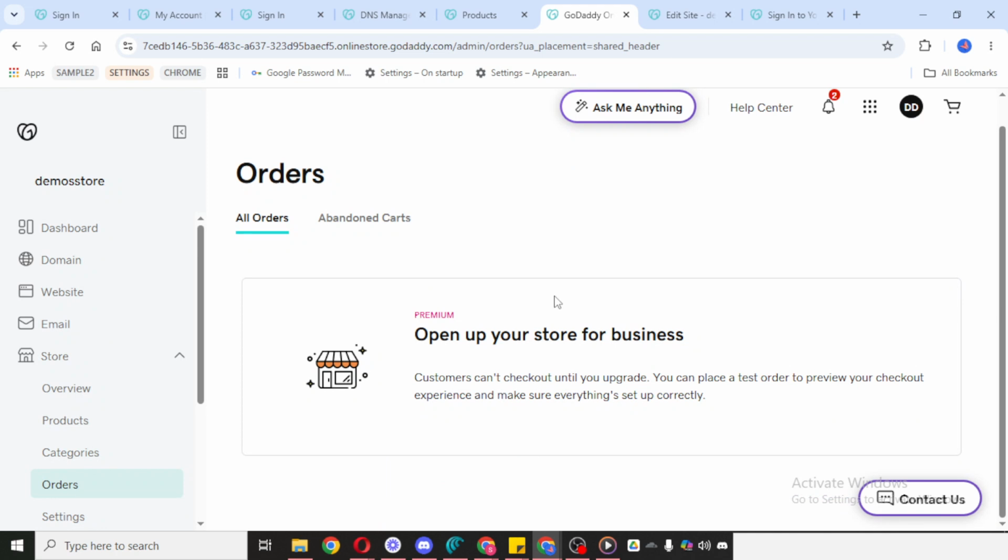And that's it. Once you know the path, profile, My Products, your website, store, and orders, it becomes much easier to find the invoicing area